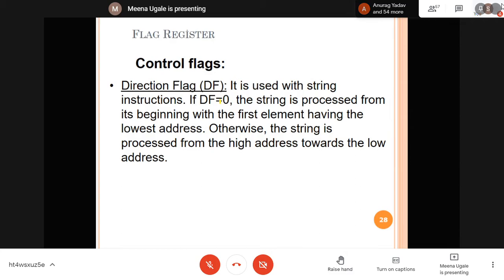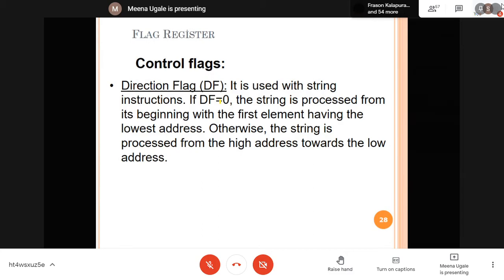As I said, trap: I want to execute the program one instruction at a time, so that is something the user is going to control. I want to generate some interrupt through software instructions. I want to set the direction of my string reading operation to reverse order. These are some of the operations a programmer can set with the help of software instructions. That's why these are known as control flag bits. The user has access to set or not to set these bits.